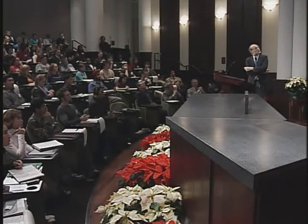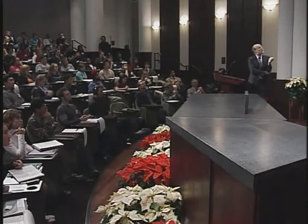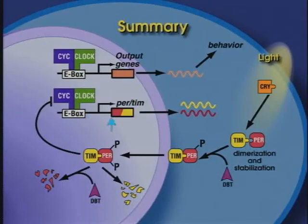And so this brings me to a summary where I have told you how these 5 proteins are arranged in this feedback loop that generates 24-hour oscillations. Cryptochrome is the light harvesting protein which connects to timeless, which is the light sensitive, the light relevant central clock component. And in work I just didn't have time to